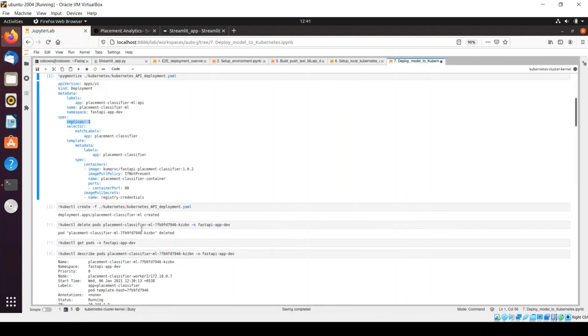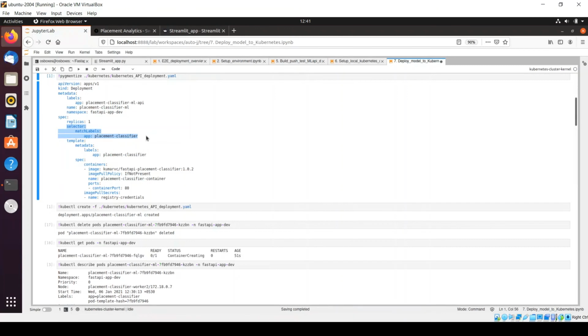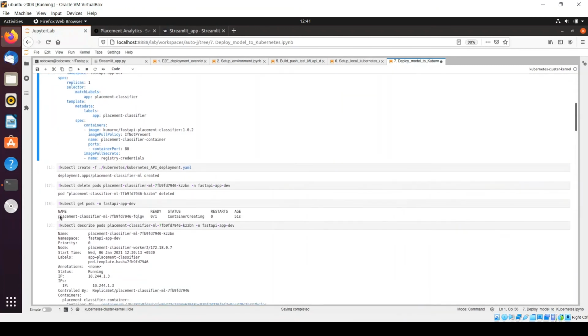If something goes wrong within the Kubernetes environment, the deployment artifact will create a pod which will have the label defined as this, and that's the meaning of selector here. This definition is for the deployment to understand which pod we need to create, and you can see it's creating. Initially it has been deleted and now it's trying to create it again.